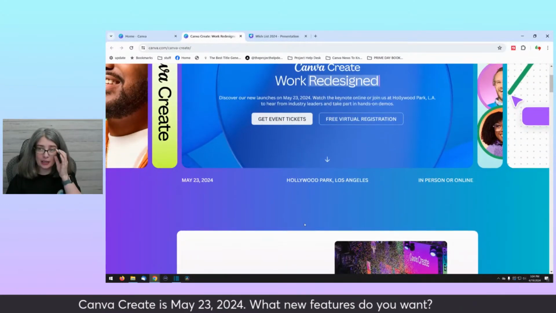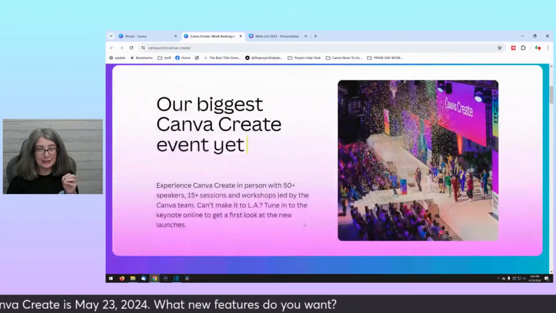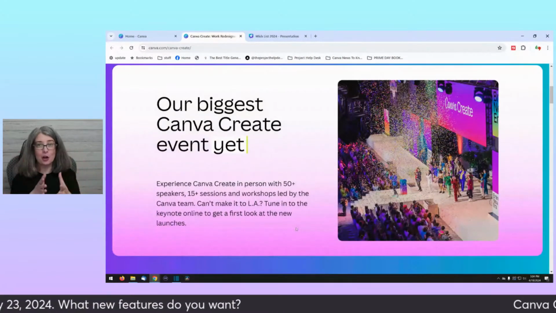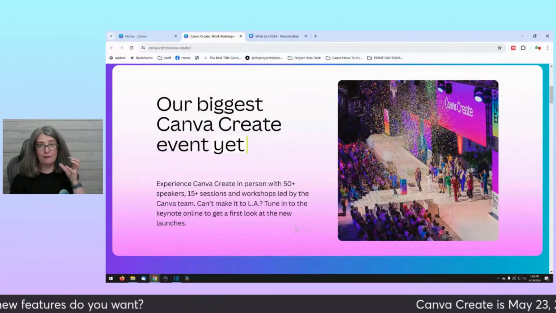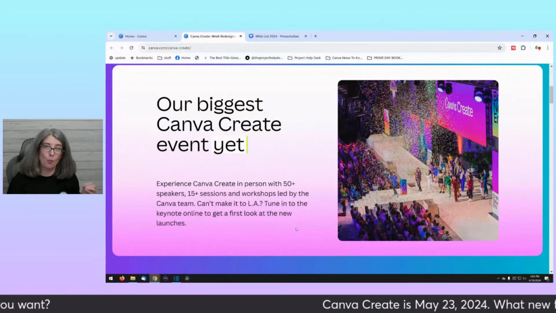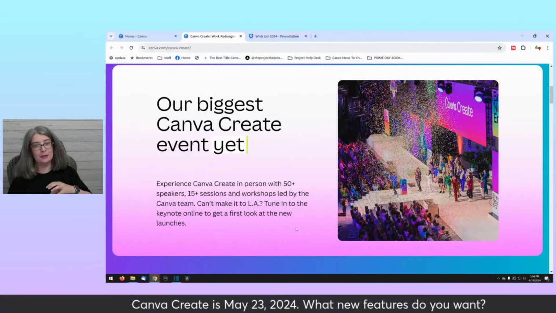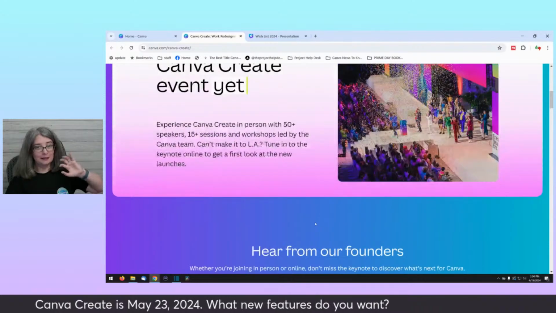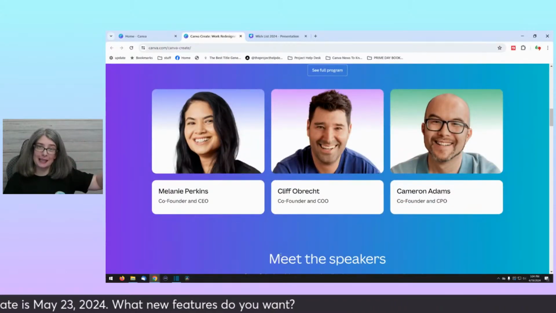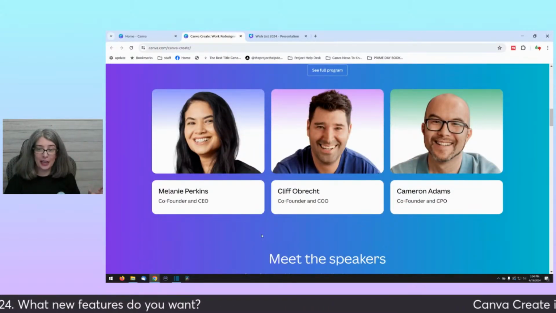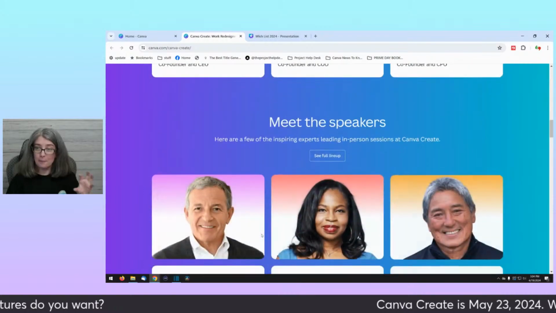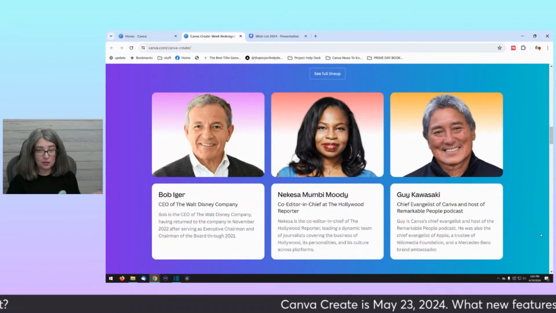But essentially, they're going to have over 50 speakers. They're going to have 15 different sessions and workshops from the Canva team. They're going to have the CEOs and the founders of Canva. They're going to have a bunch of different speakers.